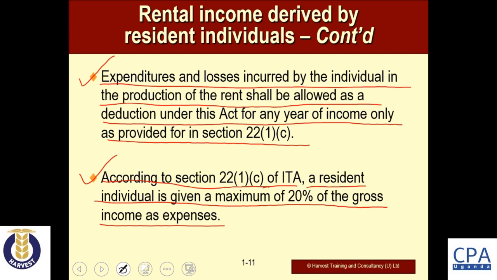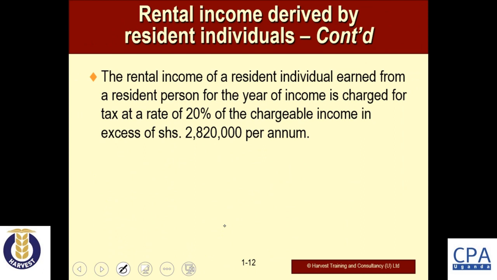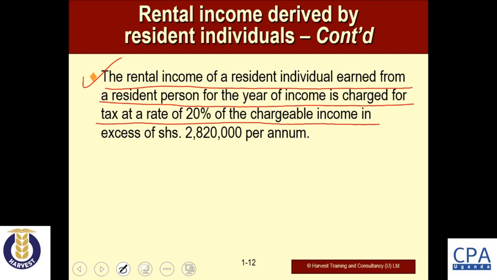The section gives a resident individual a maximum of 20% of the gross income as expense. And of course, we are going to look at this in our exam type question to determine how much expenses are allowable for deduction if you have derived your rental income. So we continue again by saying that the rental income of a resident individual and from a resident person for the year of income is charged at a rate of 20% of the chargeable income in excess